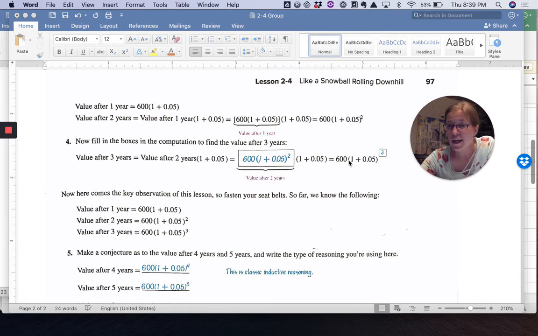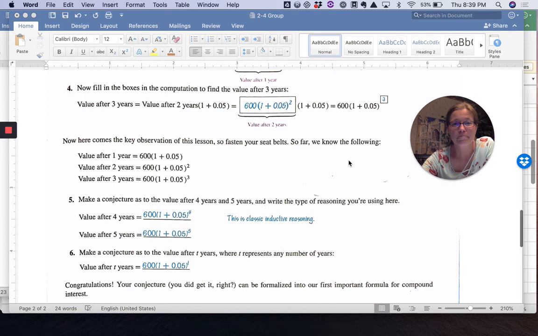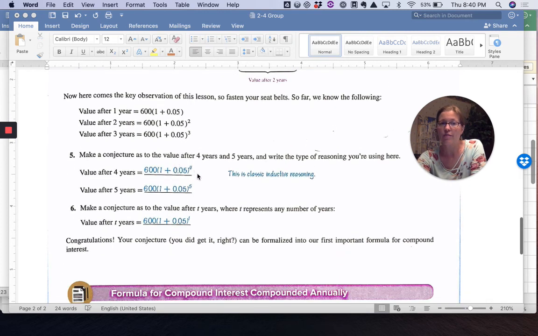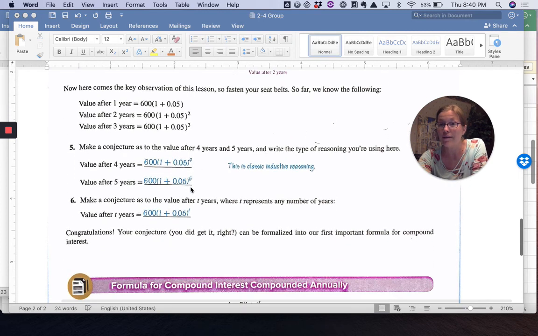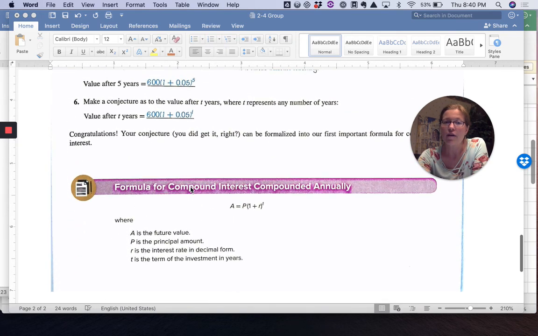So we carry on doing that. Every year, we're multiplying it by another 100% plus an additional 5%. And you can kind of see this beautiful looking pattern of what happens. We can see every year our exponent is going up 1,